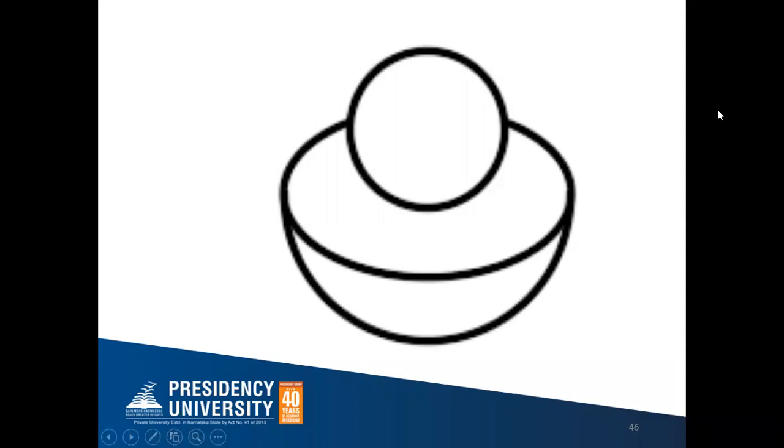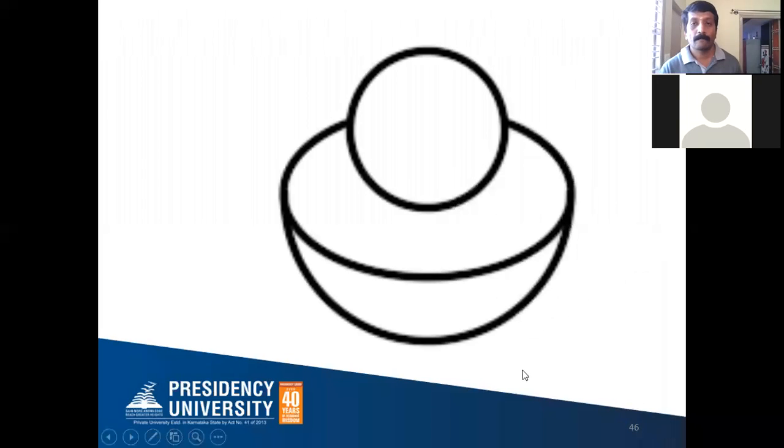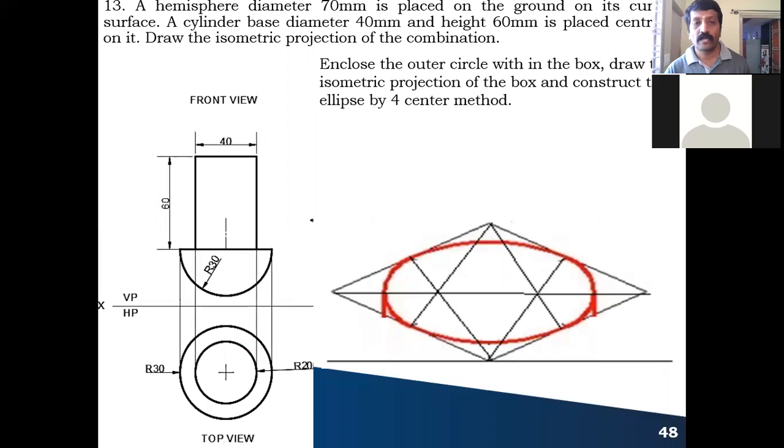That's all. Okay. So the next step, the example which I am going to take here. Let me take one more example. The bottom solid is the same that I have taken, that is the hemisphere. Above that the cylinder is placed. That is the only change. Instead of a sphere, I have taken a cylinder which is placed on it.